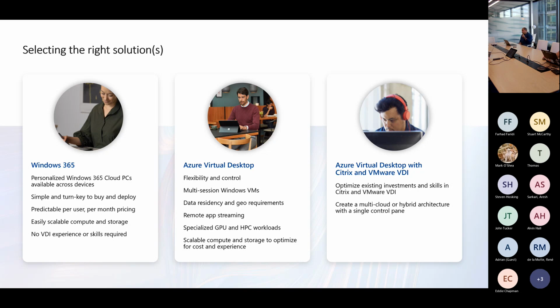And essentially, that particular SKU is mainly used for cost-saving purposes, where you do not want to deliver an entire desktop and overpay the license. All you want to do is just deliver that app to that particular user. Now, all three use cases which we discussed cannot be met with Windows 365 alone. Windows 365 is only a persistent desktop use case, where over and over again you get the same desktop.